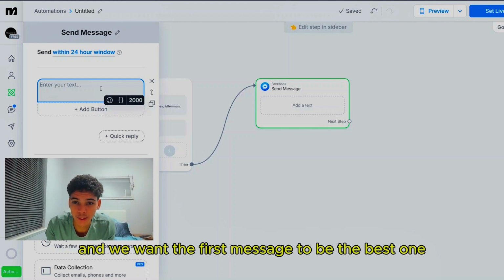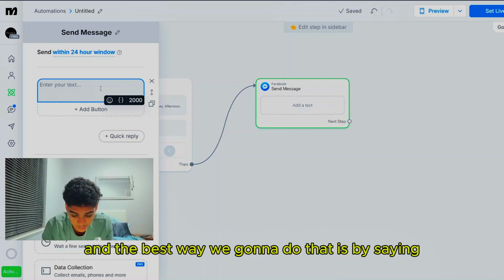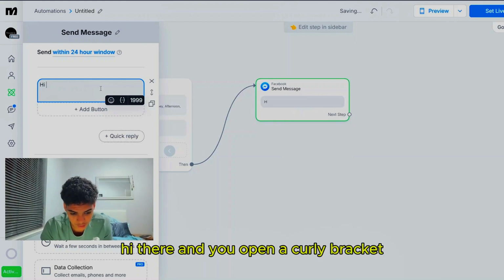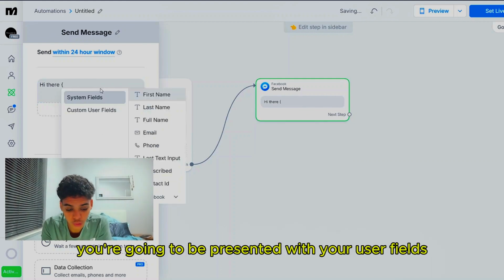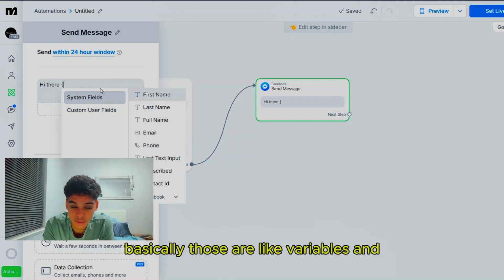to be the best one. It's almost like the impression, your first impression. And the best way we're going to do that is by saying hi there, and you open a curly bracket. You're going to be presented with your user fields or system fields. Basically those are like variables, and